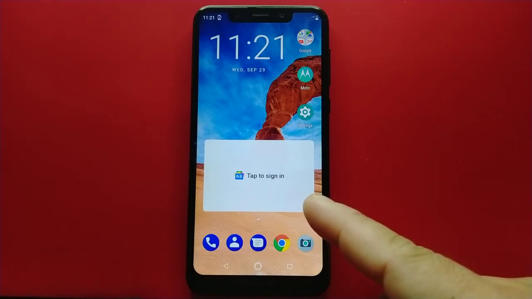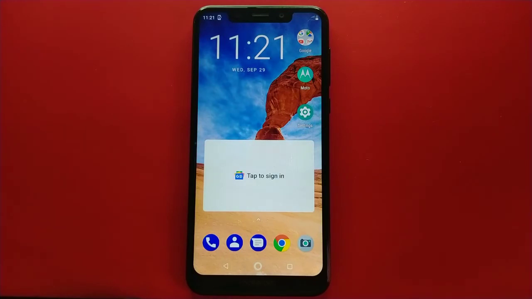And that's it. We have successfully added the Google News widget on your Motorola One